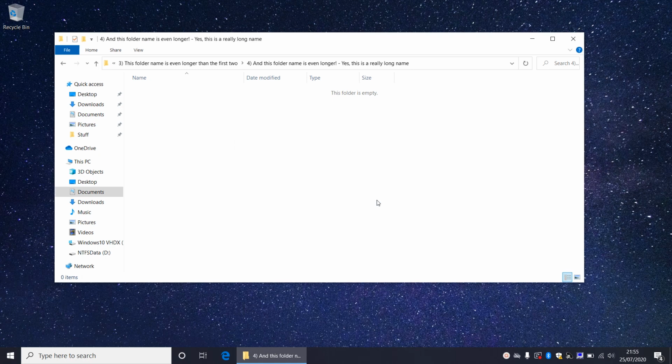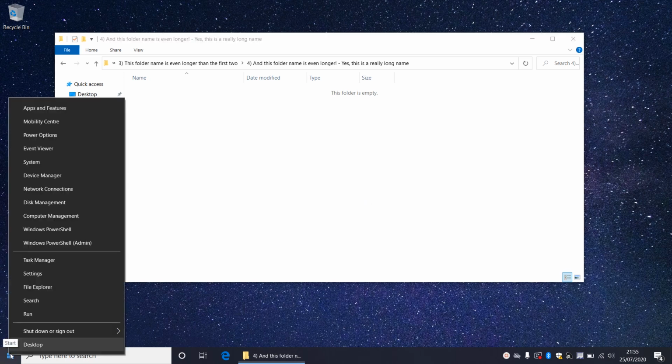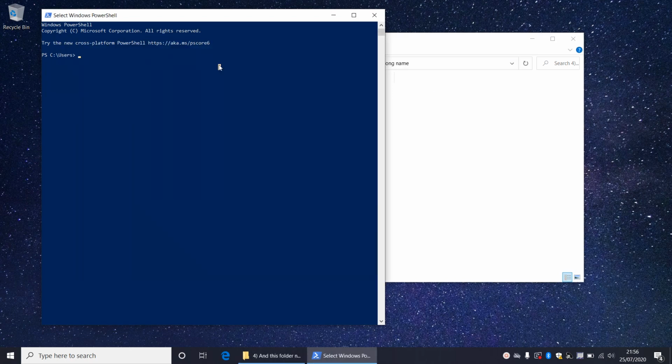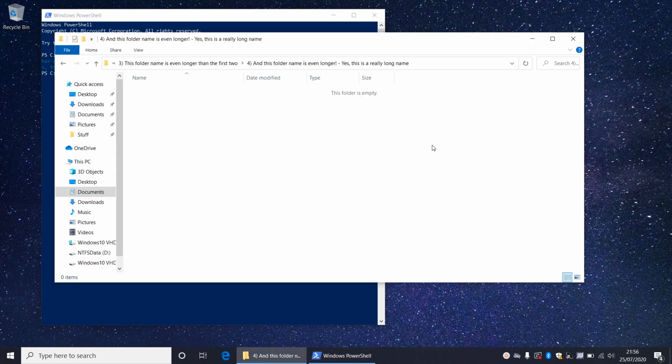So we're going to open a PowerShell window. Simply right click the Windows button and choose Windows PowerShell. And we're going to copy our file path and we're going to type the command in PowerShell subst, which is short for substitute, and we're going to type our drive letter, so we'll say S, and then in quotations we'll put our really long file path. And if we go back to our Explorer view, we can see we now have an S drive,